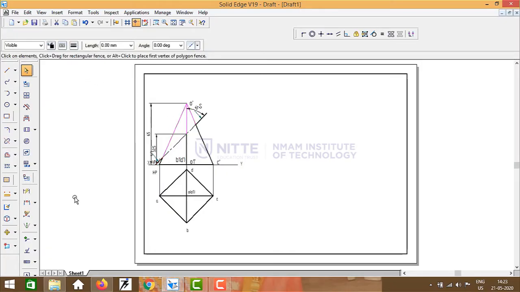Now the section point, you mark it. So start from O dash, A dash, the section plane cuts this slant edge at point 1 dash. O dash B dash is cut at this point, so the point 2 dash. O dash C dash is cutting at this point, so mark it as 3 dash. Next, O dash D dash, so this slant edge is cutting at the same point as the 2 dash, so we'll name it with 4 dash.